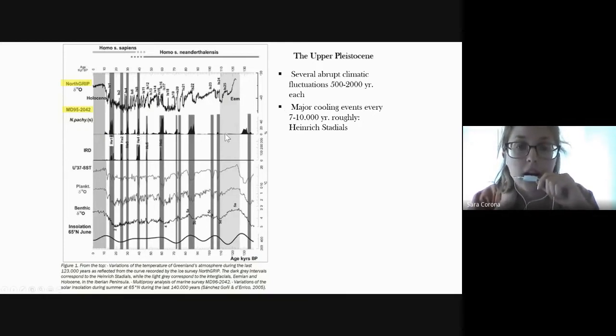Also, in the Upper Pleistocene, as we saw, these climatic fluctuations have been characterized by major cooling events which occurred roughly every 10,000 years, called the Heinrich events. We are going to talk about these events because they influenced not only the climatic variability and environmental context, but especially the sea level fluctuations that influenced island Southeast Asia. In fact,